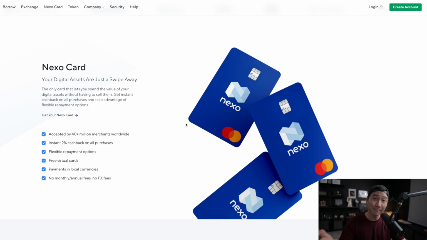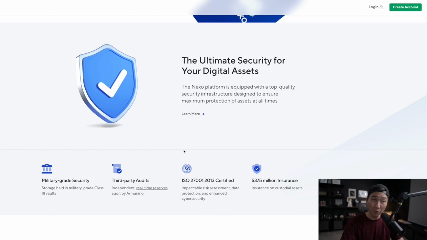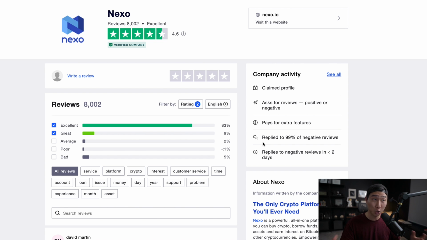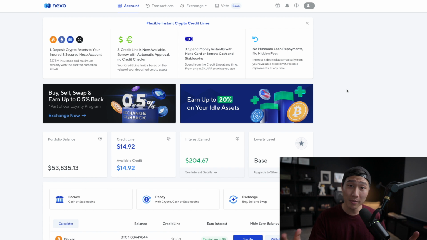If you're interested in spending your crypto within your Nexo account, well, you can always sign up for their Nexo MasterCard. If you're interested in their security, you can read more about it on their website. And they're also partnered up with really big names like BitGo, Ledger, Paxos, Blockchain.com, Circle, Fireblocks, amazing security, Terra, Brave, and much more. And they have a really excellent rating on Trustpilot, 8,000 reviews and 4.6 stars. So they definitely caught my interest and definitely will be experimenting with them, trying them out over time, and we'll